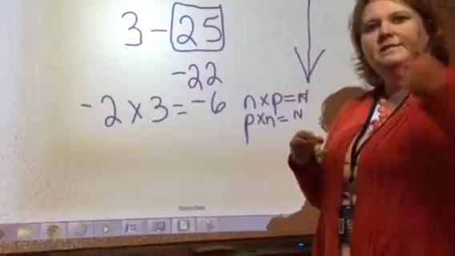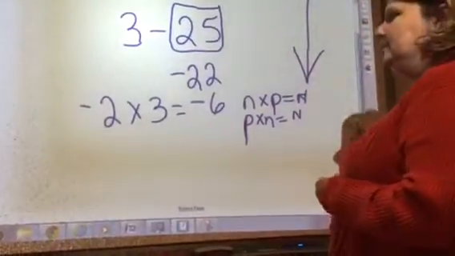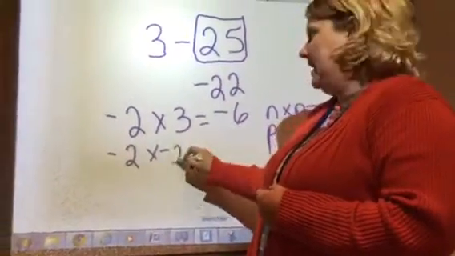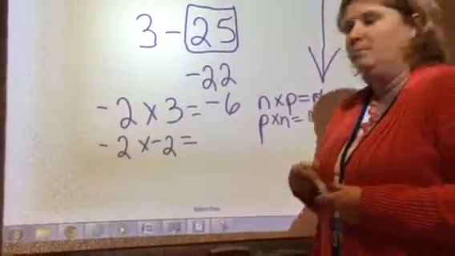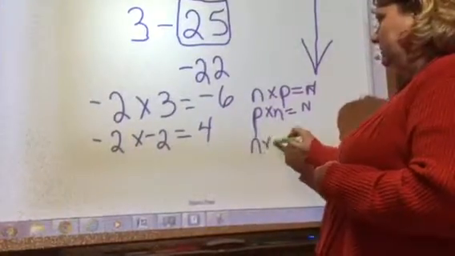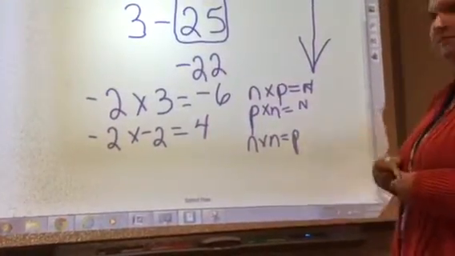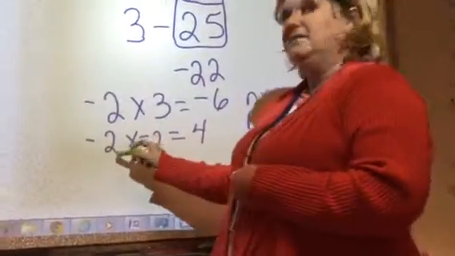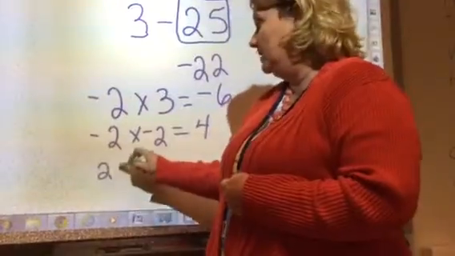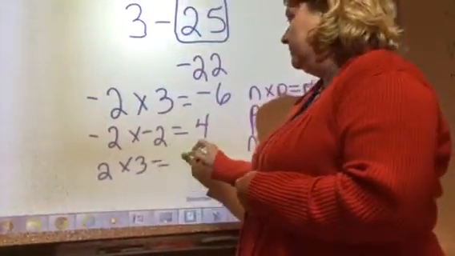Okay? So just simple things to remember. So let's continue going. If I have a negative times a negative, I'm going to end up with a positive. So over here, I'm going to write negative times negative equals positive. And then the last one I have would be just our positive times positive, 2 times 3, which would equal